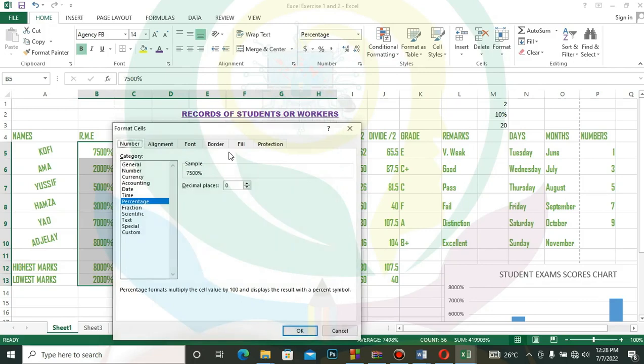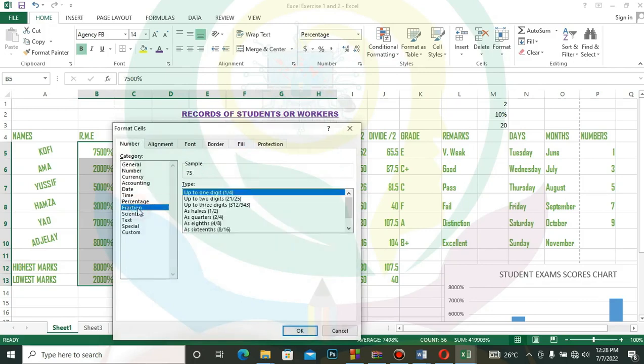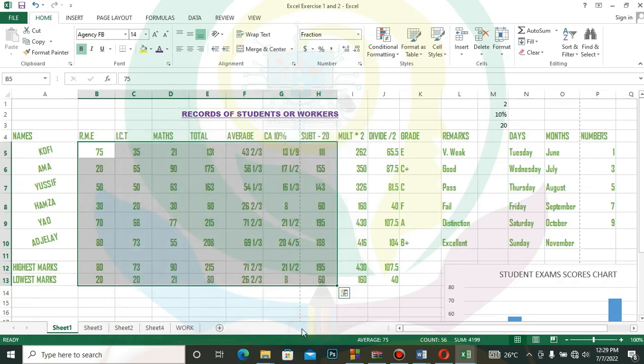You're still with numbers, so if you want fraction, I'll talk about some of them. We have different types of fraction. You see this one up to 1 digit, and this one up to 2 digits. You can see how it is. This 1 1, this 2 2, this 3 3. So there are a lot of fractions. However you want to convert your number, you can change them to that fraction. So you can see where we have